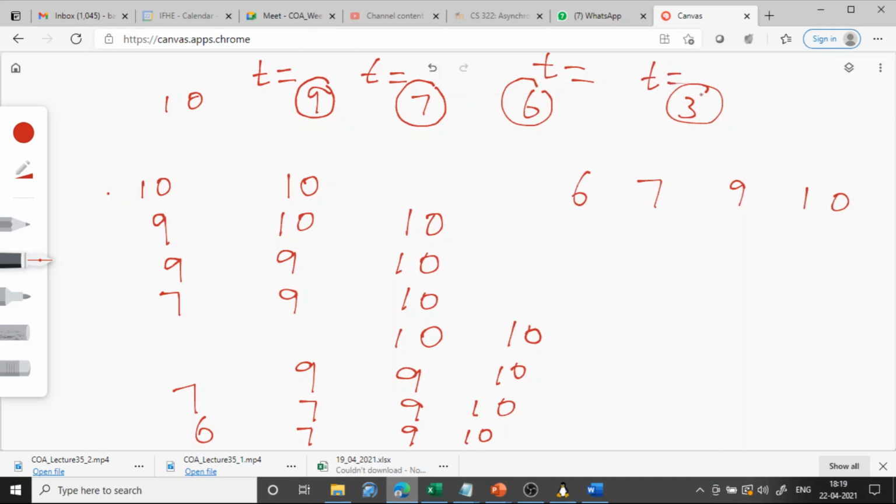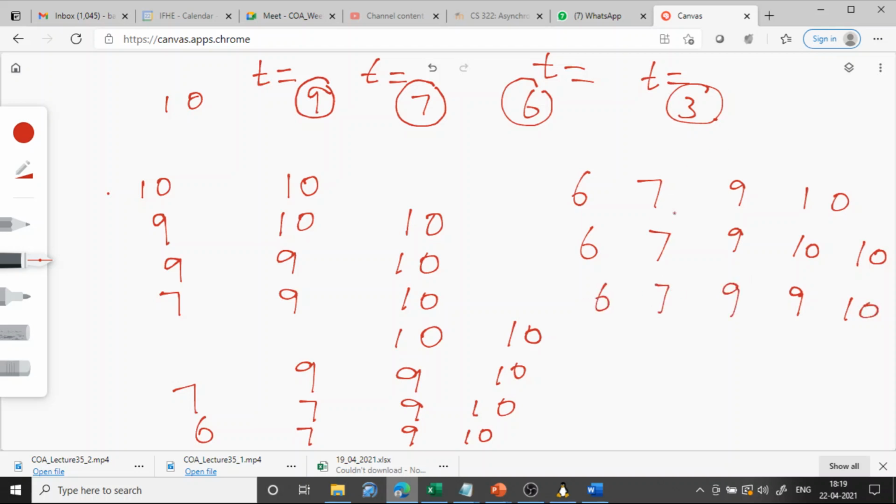So keep t equal to 3. Again compare t, the previous element of 3. Okay. This is the one which we want to insert. So the previous element is 10. Is it greater than 3? Yes. So copy 10 to the next location also. So it will be 10, 10, 9, 7 and 6. Okay. Then what is the previous element? 9. Compare that with t. Is it greater than? Yes. So copy 9 to the next location. So it will be 9, 10, 9, 7 and 6.